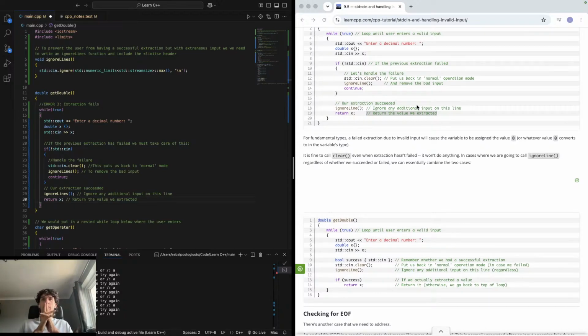So this is a simpler way to do it without using an if statement. So we've done a Boolean success with the initializer, then we ignore the line. And if success,